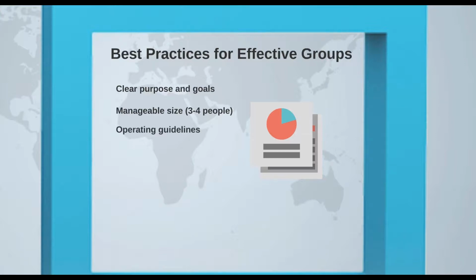Operating guidelines is a good practice. Have the team, this would be before they even start with the actual group work, have them draft a team charter, have them establish forms of communication, responsiveness to communication, timelines, responsibilities of team members perhaps, or what the group wants to accomplish. You don't necessarily want to write that for the students and hand them a charter and say, here, abide by these, but start the collaborative effort right before the assignment and have them establish that themselves and